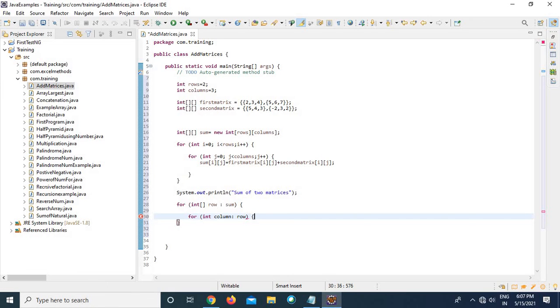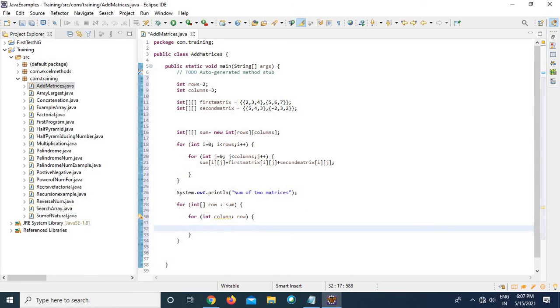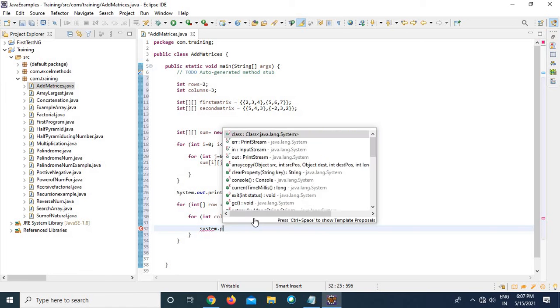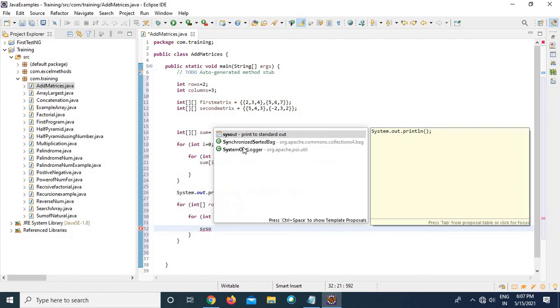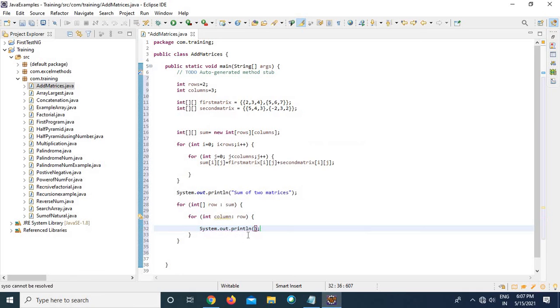Finally, I'm going to write the System.out.print statement. You can just write syso and System.out.print. I'm not making use of println because it will take it into the next line.